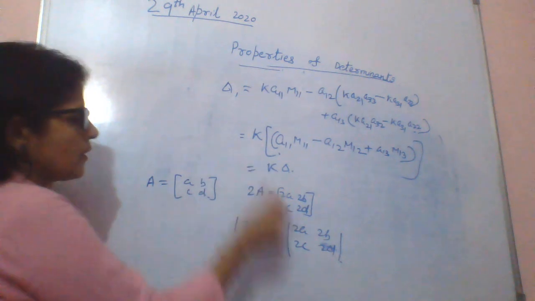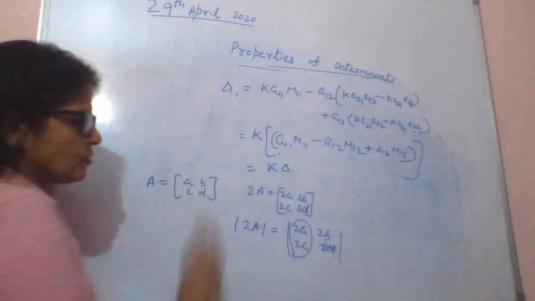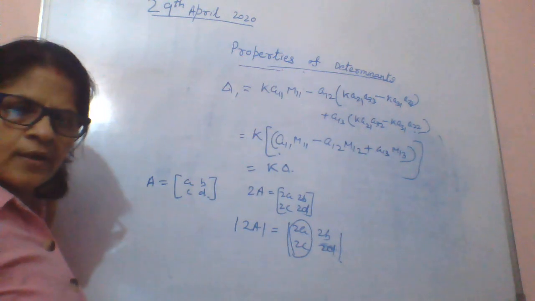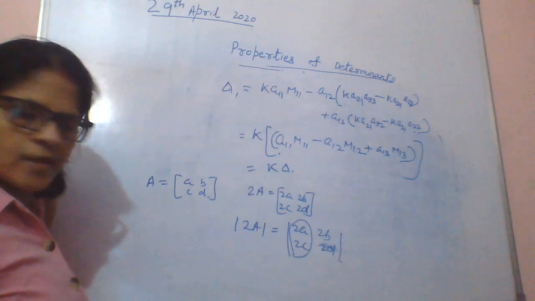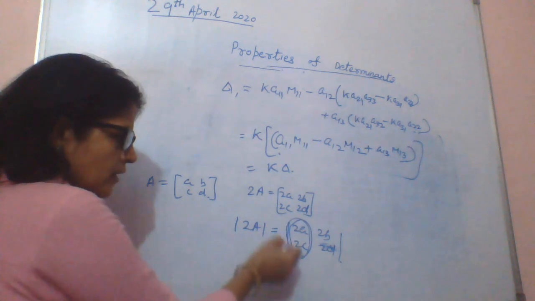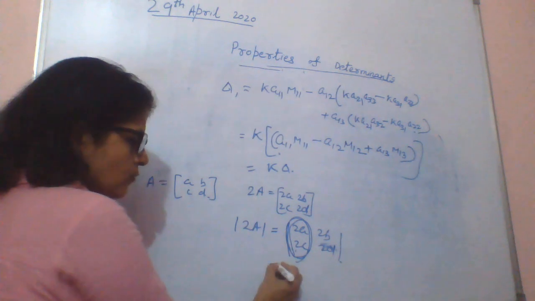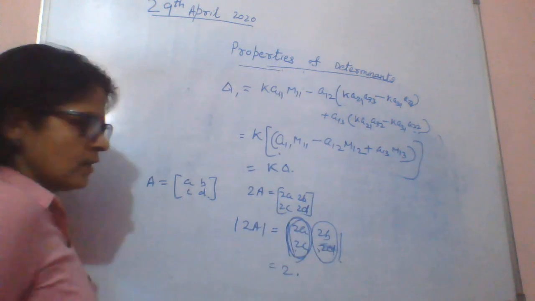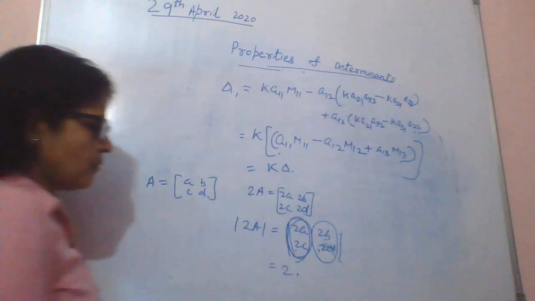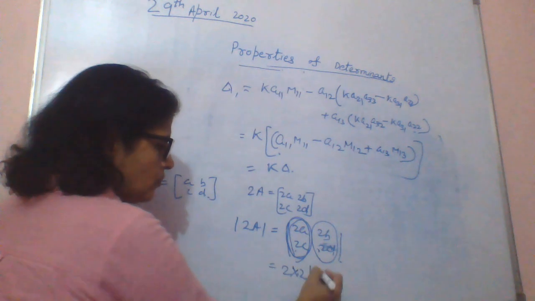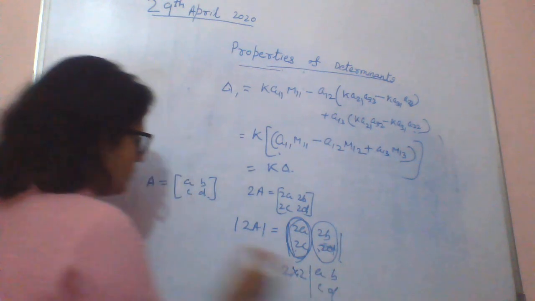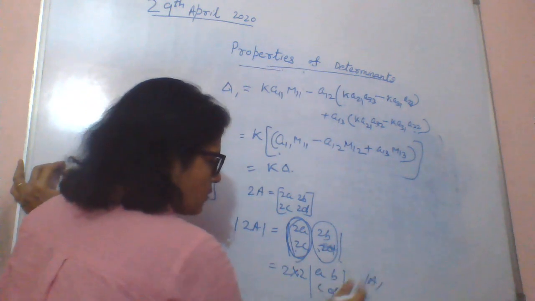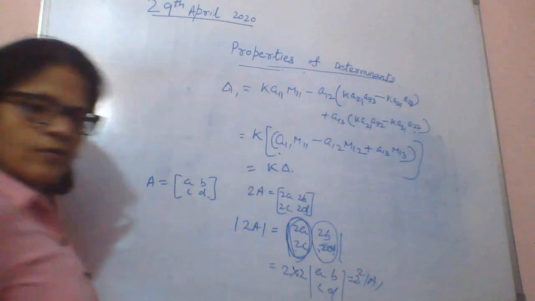And as per this property, if element of any one row or any one column is multiplied by k, determinant is multiplied by that constant k. So इसका मतलब ये अगर 2 का मल्टीपल है, हम यहाँ से 2 ले सकते हैं. सिमिलर यहाँ पे भी 2 का मल्टीपल है. Again we can take 2 common from this column also, means 2 into 2 you are getting A, B, C, D. So आपका डिटर्मिनेंट A क्या हो जाता? डिटर्मिनेंट A. So it means you are getting 2 square into determinant of A.